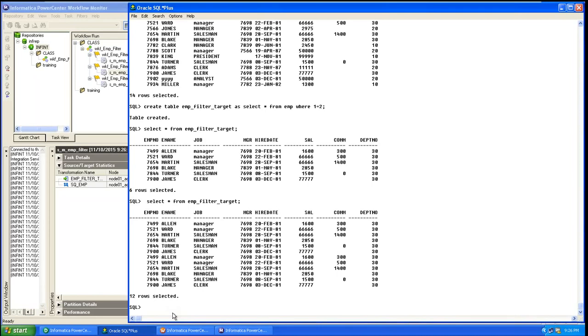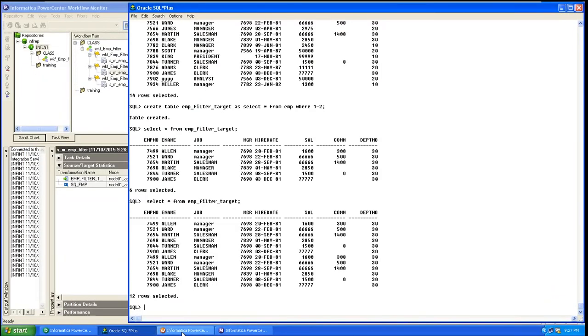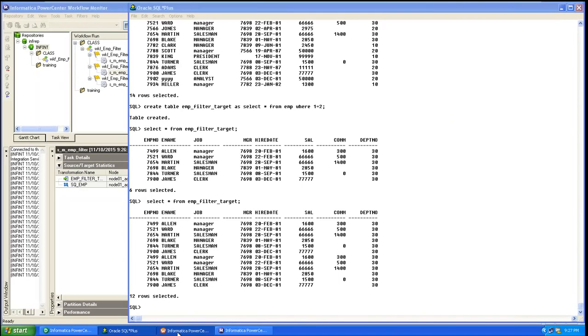If you don't want the previous records, and we need only fresh records, for that one more option is there. Go to the workflow. Now double click the session. Okay, 12 records are there right now.